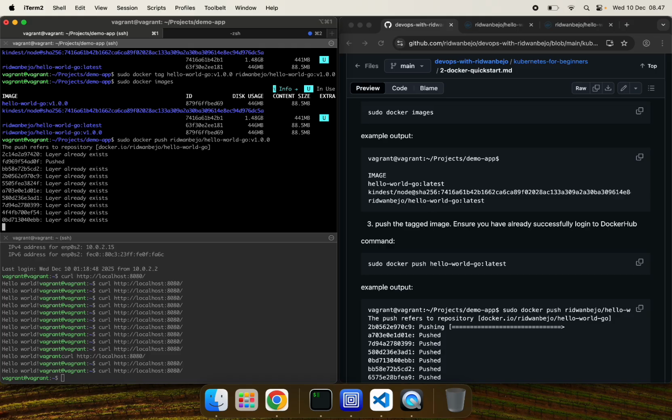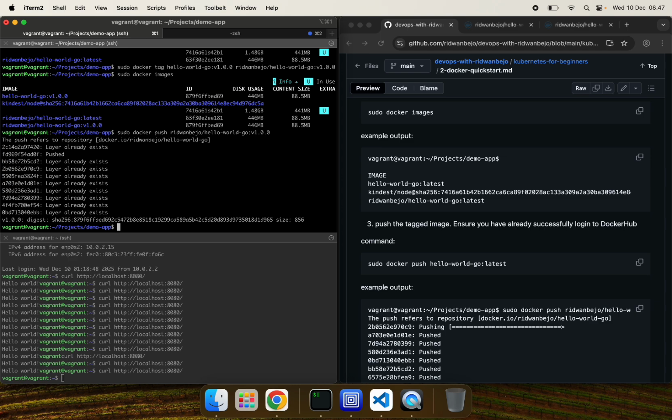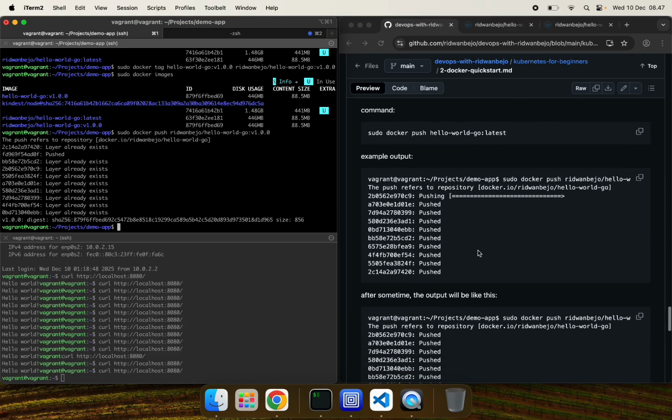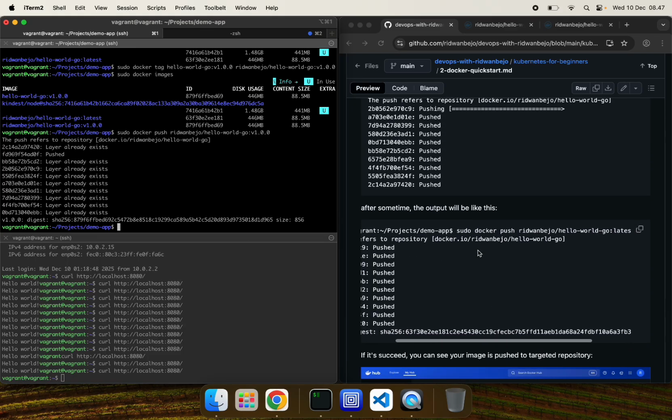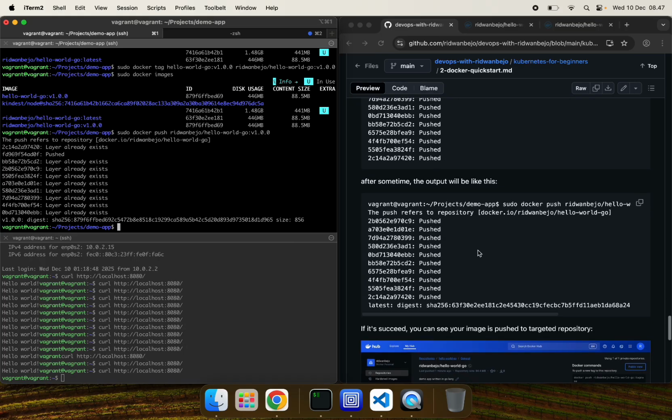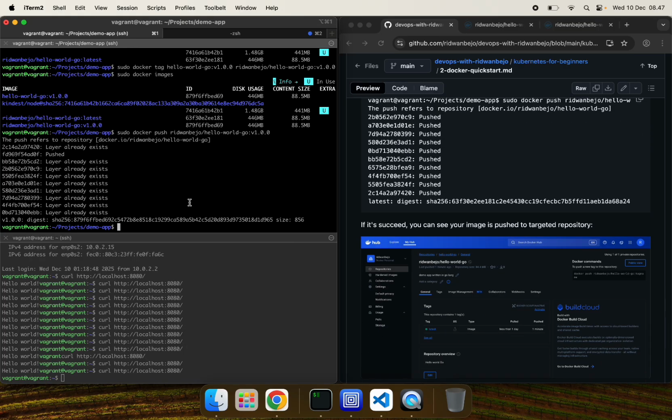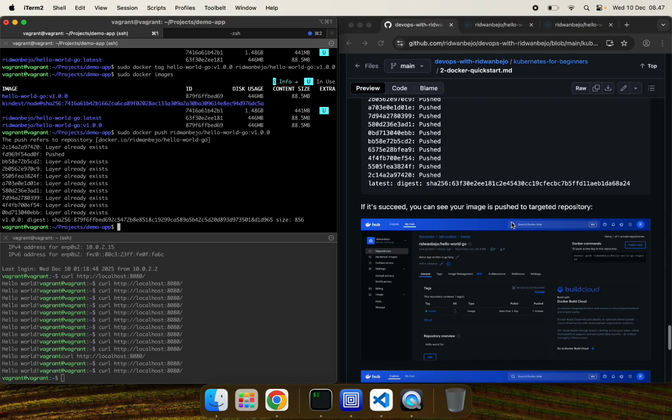If you see layer already exists and pushed, it means the Docker push succeeded. And then after some time, you can see an output like v1.0.0 digest and the SHA256 hash ID.